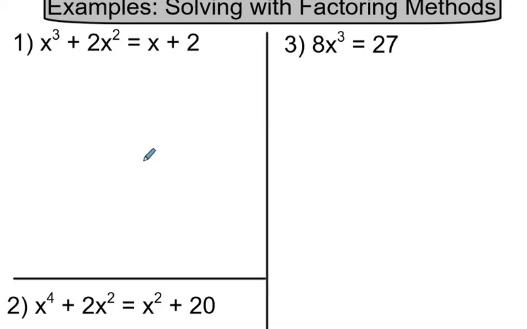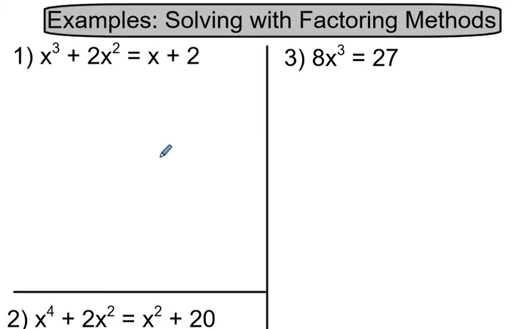So in these examples, we're going to use those techniques we just used from factoring, those factoring methods, and we're going to use them to solve equations so that we can find the x-intercepts, otherwise known as roots. So we're going to use a zero product property that we learned when we did quadratics to set them equal to 0 and sort of correlate what we have in the problem and try to figure out which factoring technique